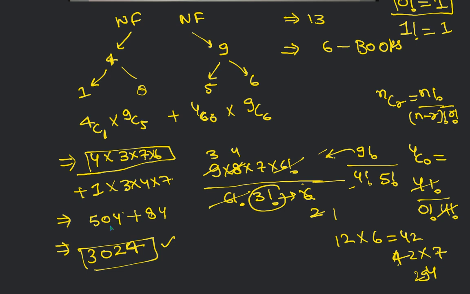So then we are getting 84. Then we add 84, and the final result is equal to 504 plus 84, that is 588. So that will be our final result. Please do the calculation from your side because I am just doing it quickly. So that will be our final result for this, for the party. Okay, now let's